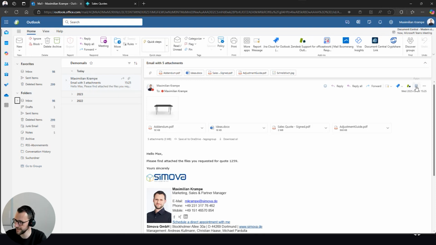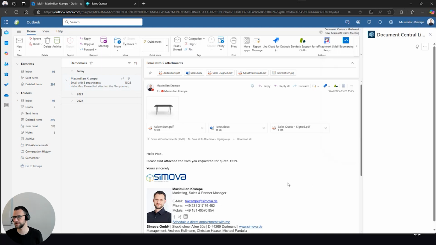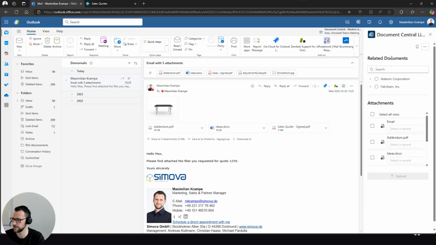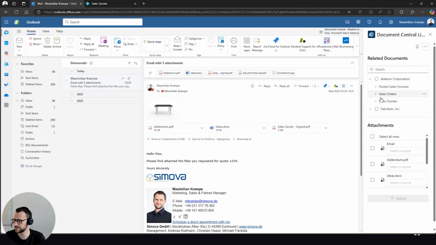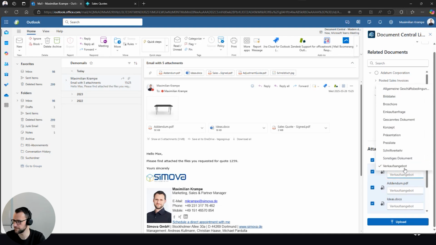1259. And I just click on the four small dots here, open the available apps, add-ins, and open Document Central Link. And I'm directly presented with related records that I'm able to upload to. And in this case, I select the sales quote number 1259. And I select all available attachments here. And my email will be archived as a